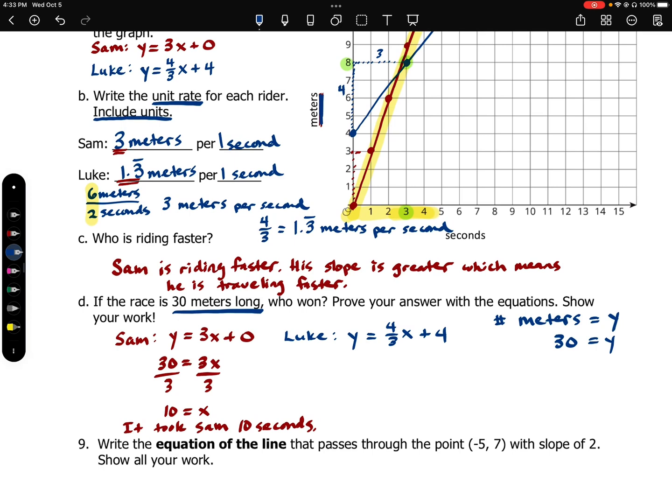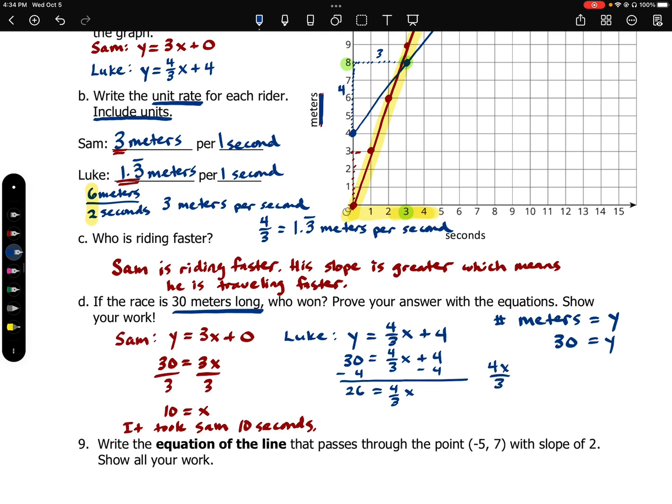Let's look at Luke now. For Luke, let's put in 30 as the distance. We have 30 is equal to 4/3 x plus 4. We'll have to subtract 4 from each side. So we have 26 equals 4/3 x. And remember, 4/3 x is the same thing as saying